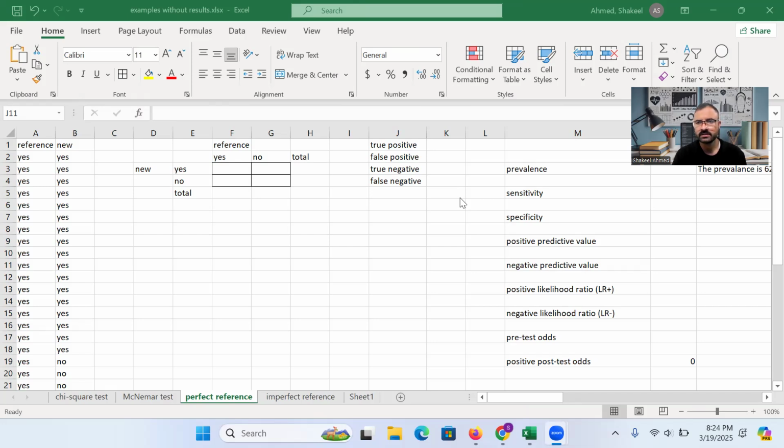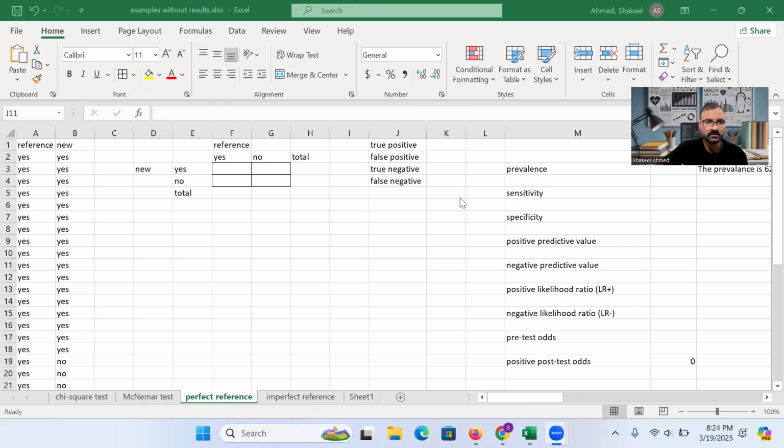For example, we have proposed a new diagnostic tool or method, and we want to test how the performance of the newly developed diagnostic tool is different from the